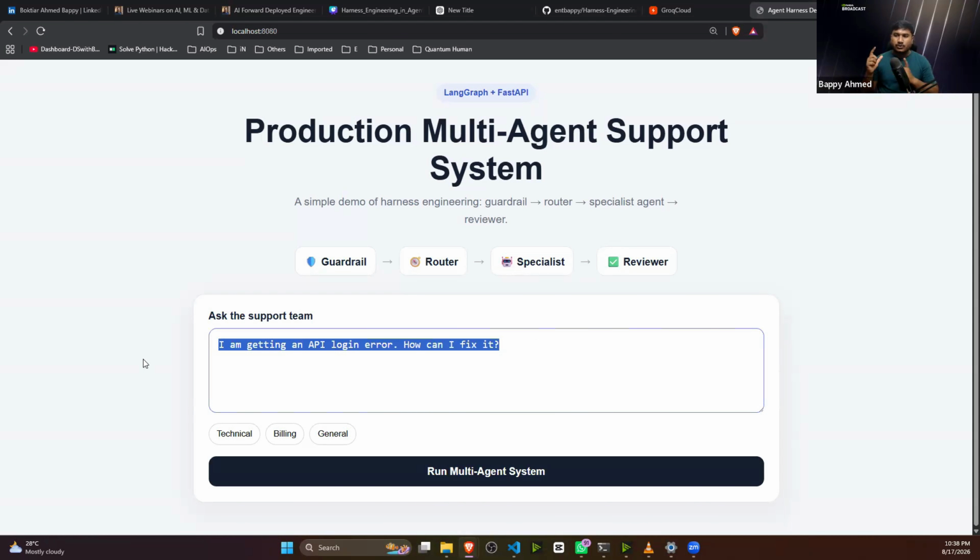What should my router do? It will route to where? To the technical agent, right? Let me show you. So if I run this multi-agent,